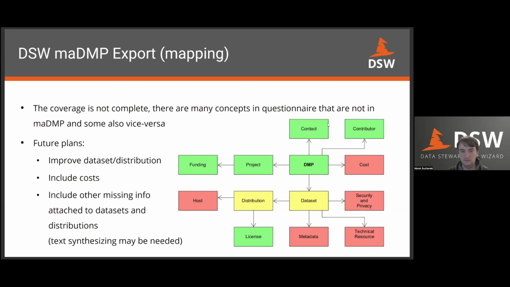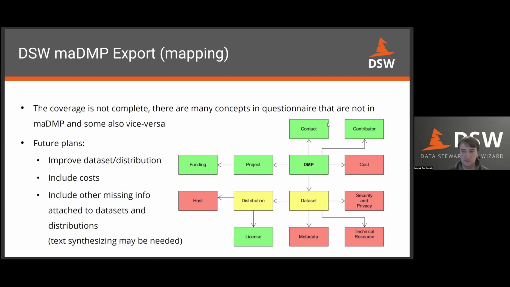For costs, we have another tool which is called Storage Costs Evaluator, which is basically a tool where you select for how many years you need to save what type of data, with what availability, etc., and it will provide you some cost estimation. It's configured for costs in Europe and some year, but it can be updated. So it's not included in the DMP for this reason at this point. And we may want to also add some other missing information related to basically data sets and distributions.